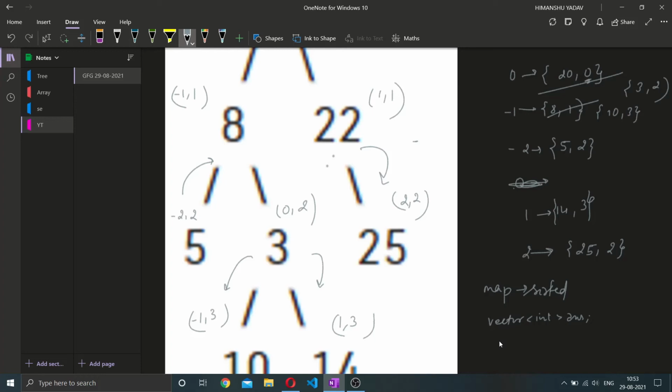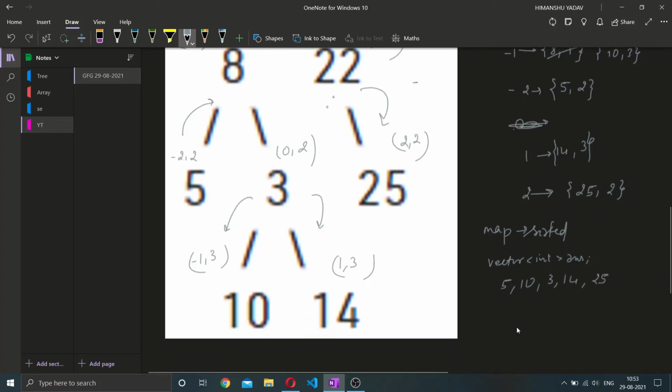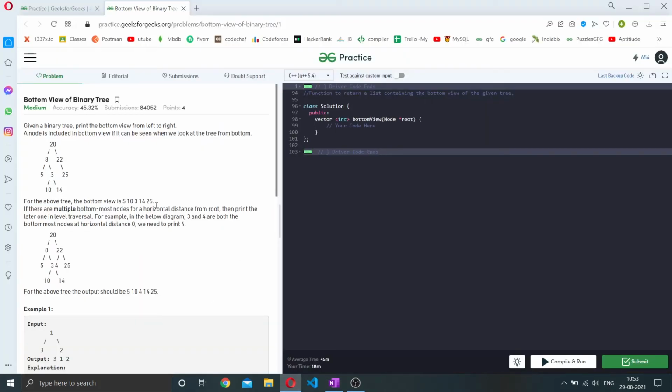So for -2 it will give me 5, for -1 it will give me 10, for 0 it will give me 3, for 1 it will give me 14, for 2 it will give me 25. So this will be 5, 10, 3, 14 and 25. This is our correct answer.